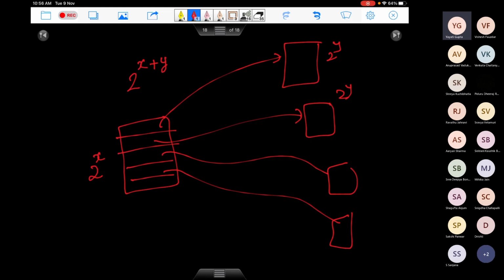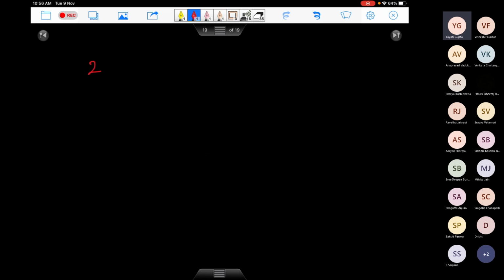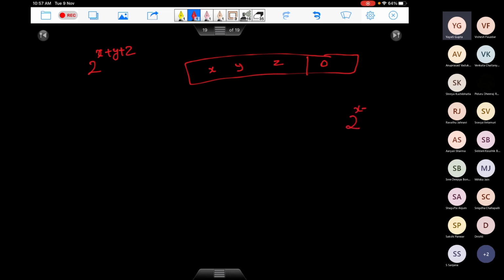So what if you decide to divide it into three parts? Let's say I make it 2 to the power x plus y plus z. So this entire address which you look at, this one is the offset here, and this page number you divide into three parts: x bits, y bits and z bits. Right? So the size of the one big page table, if it was only one level, would be 2 to the power x plus y plus z entries. Now we'll divide it into three tables.